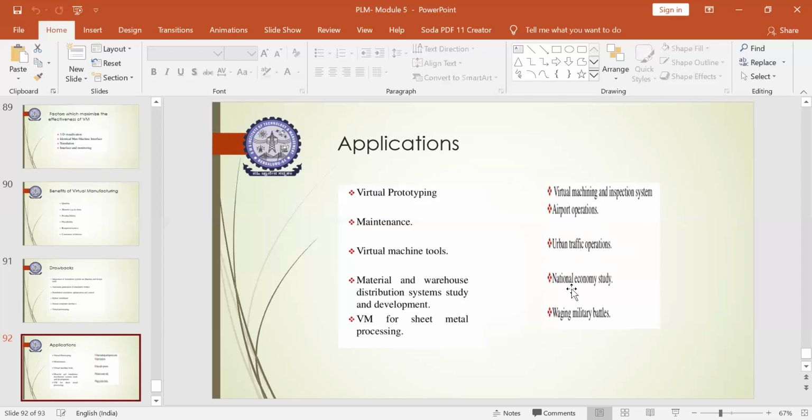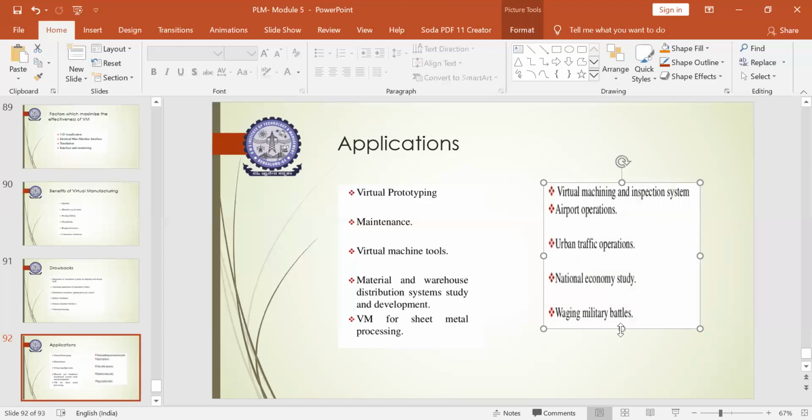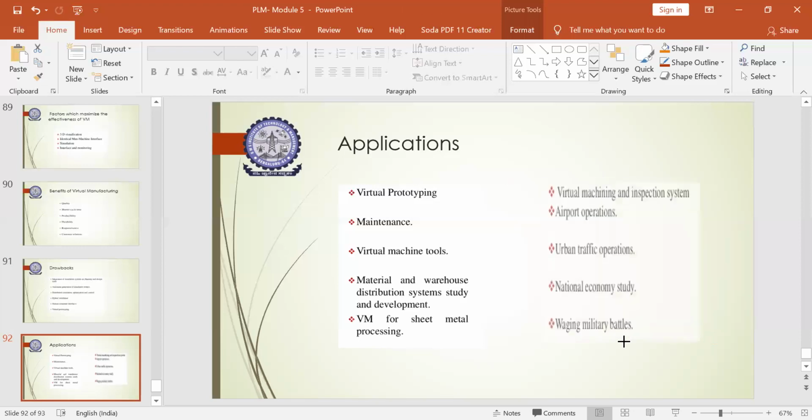It can also be used in improving the national economy study, how exactly the economy of the nation is and how it could be improved. So based on all these things also, the virtual reality concept could be used. So these are mainly the applications for virtual reality technique. Apart from manufacturing, there are many other applications in which it could be used.